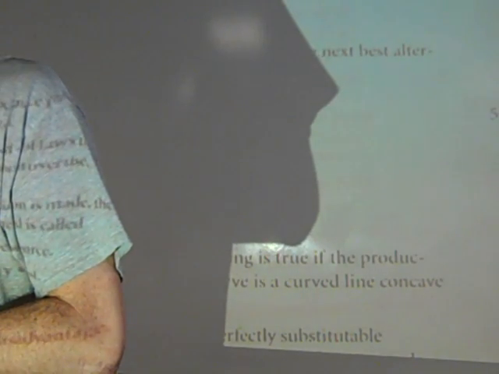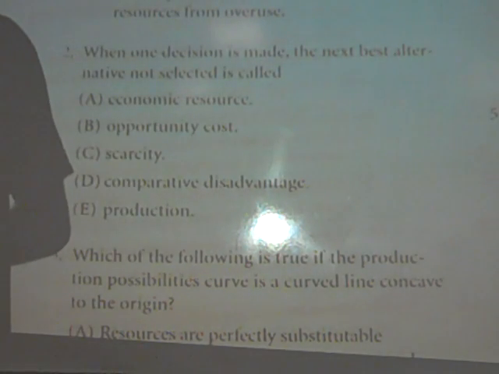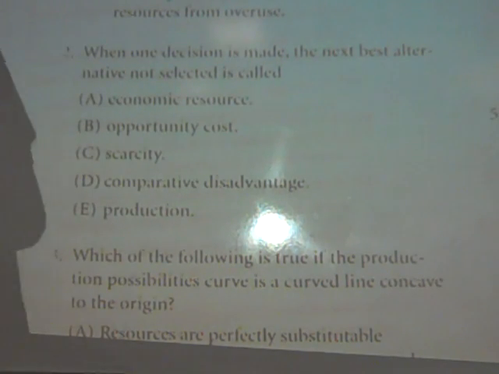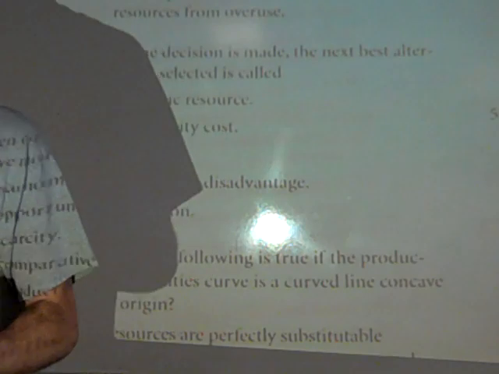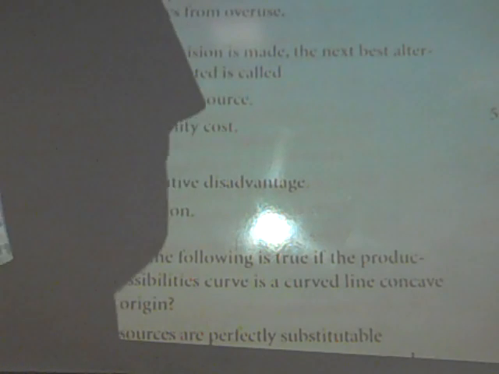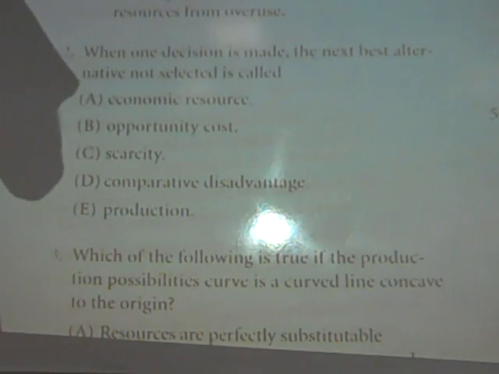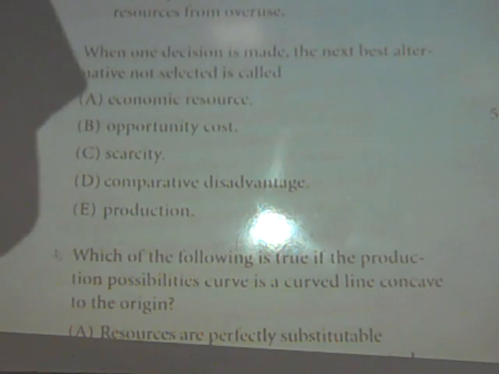But the AP test likes to ask about opportunity cost. Opportunity cost is what you could have had instead. It's your next best option. The opportunity cost of an hour of sleep is an hour of being awake. It's really specifically the best use of those resources. Alright, if your top number one thing you would have done if you were awake is play video games, your opportunity cost was an hour of video game playing. If fifth on the list was walking your dog, that's not your opportunity cost. It's always the next best option. The next best option to your hour of sleep was an hour of video games. Your opportunity cost is an hour of video games. If for me it's walking the dog, then my opportunity cost, if the next best option is walking the dog, is an hour of walking the dog.